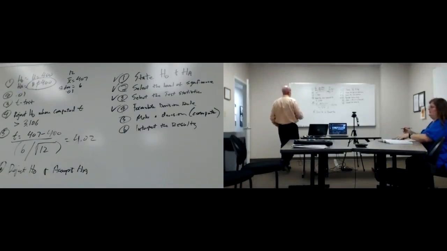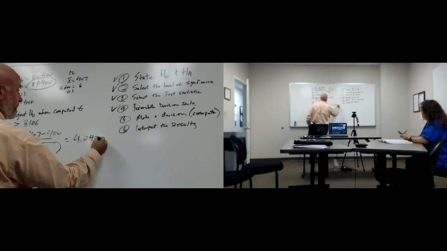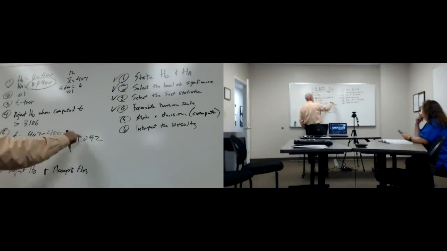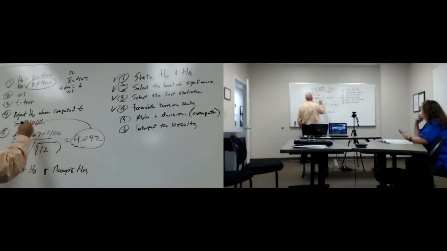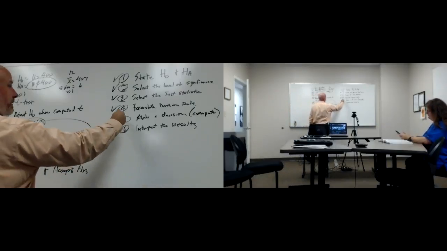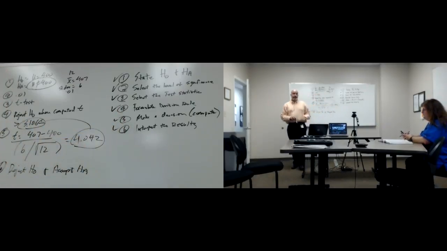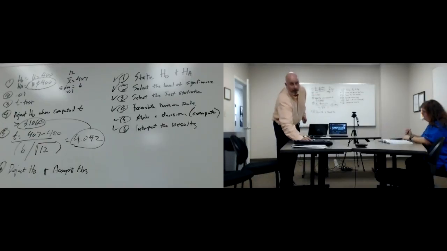All right, correction. When we compute, we get 4.042, which is still greater than our test value. So we still are going to reject. All right, so then I'm going to go back and redo the